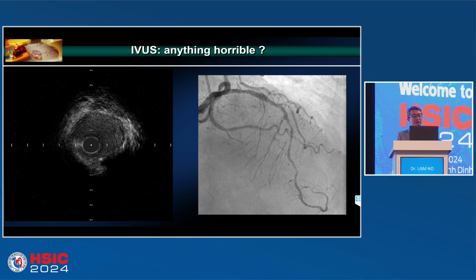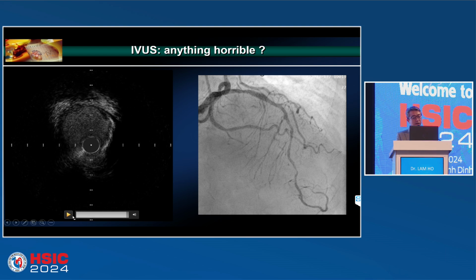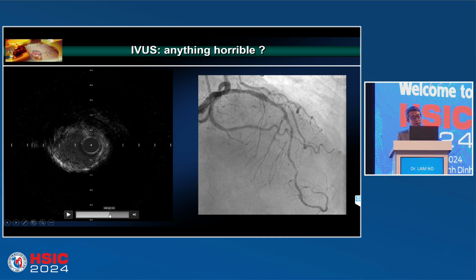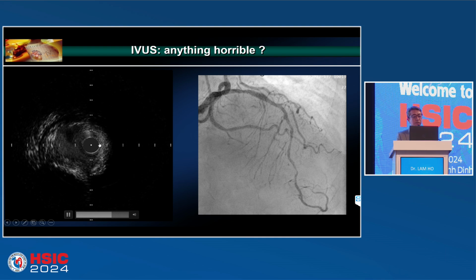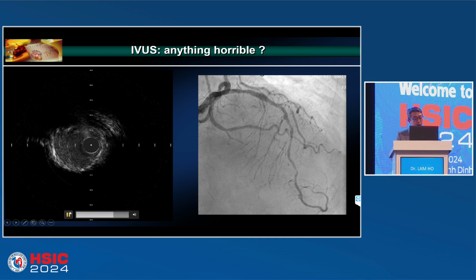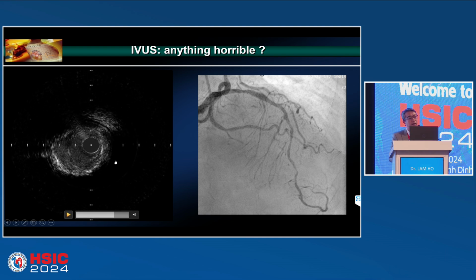Okay, this is the left main. Okay, let's see again. So this is the aneurysm and then the proximal AD part. Yeah, we also missed this. The fellow, of course, missed this. Can you see here? Actually, there's some fat.